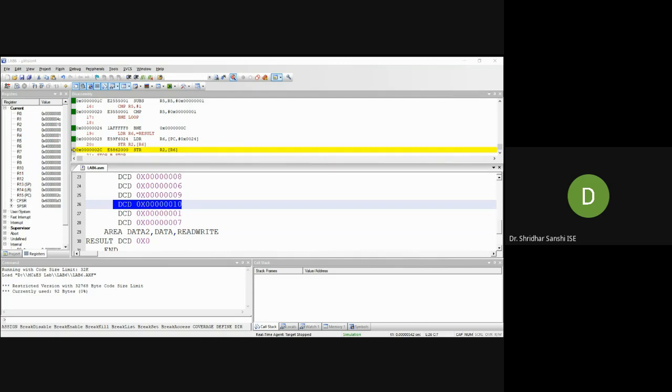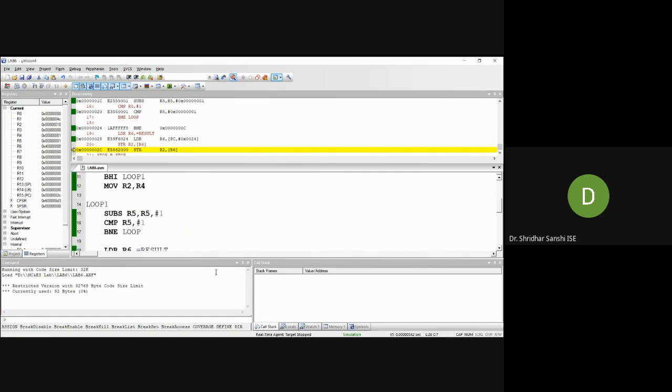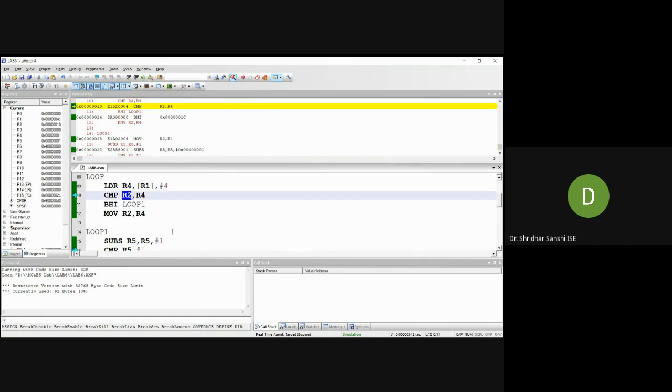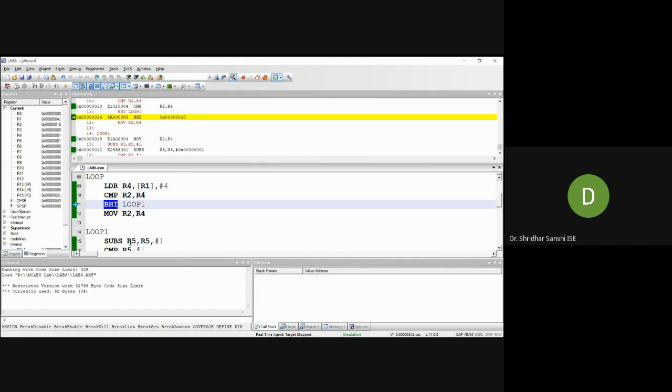So we are subtracting, right? Here, when we are comparing R2 with R4, how does compare work? We are subtracting the content of R4 from the content of R2. Once we subtract, if the result is greater than 0, then a certain bit is set, and this particular instruction will be executed.